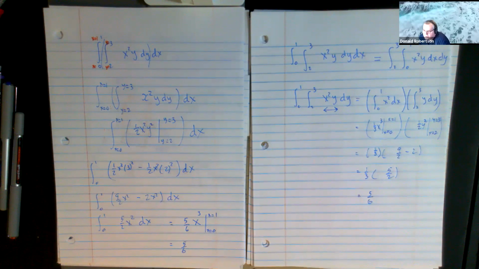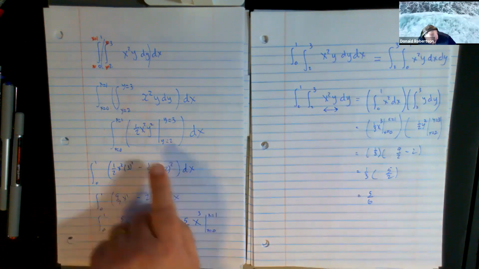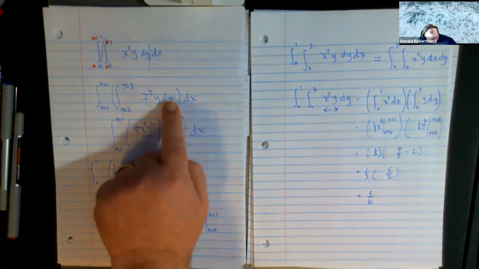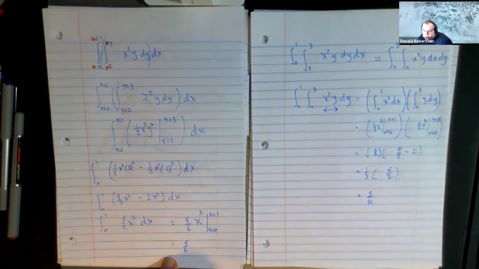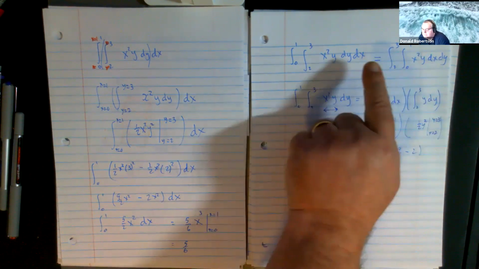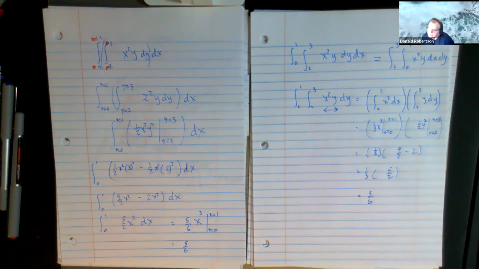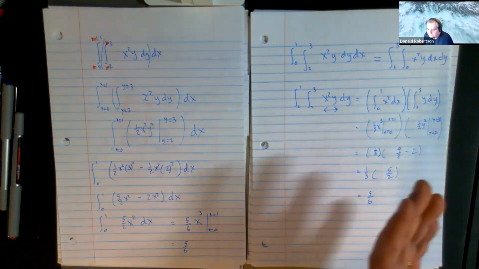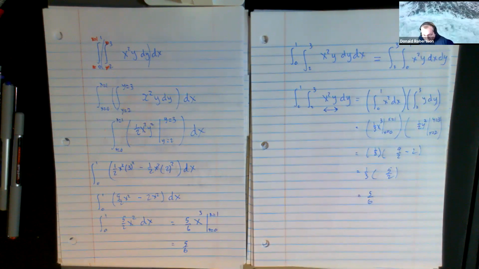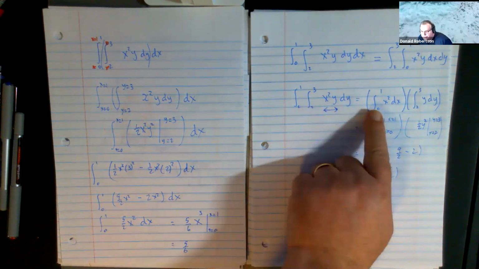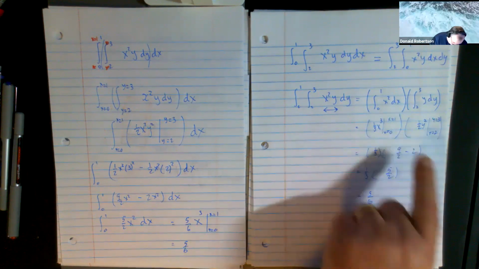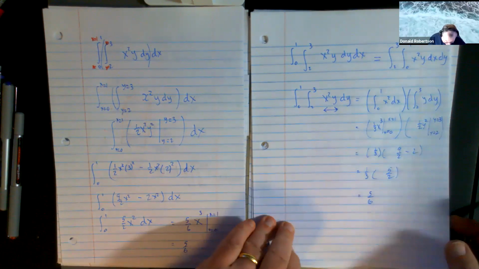So the process of evaluating a double integral can simply just be as we did here. Do the y's first, plug in the answer, do the x second. You can choose to switch the order. You can do the x's before the y's if you feel like it. And if you're really, really lucky, you can actually take it and split it into 2 single integrals. You cannot do it for a lot of situations, but the few times that you do it, I think it's